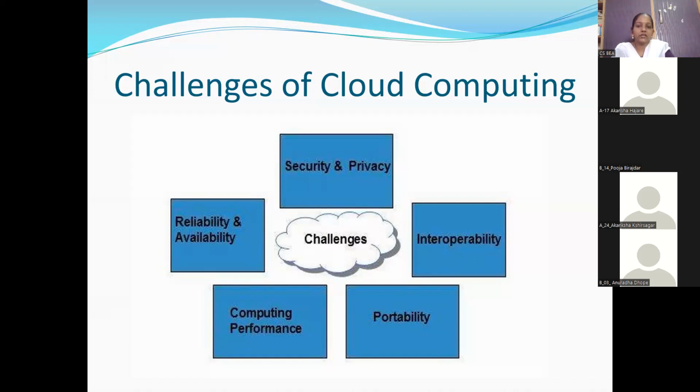This heterogeneous data can be accessed using any application such as web portals, web services, e-commerce, software as a service, that is SaaS, and different mobile applications. So this is the data virtualization.